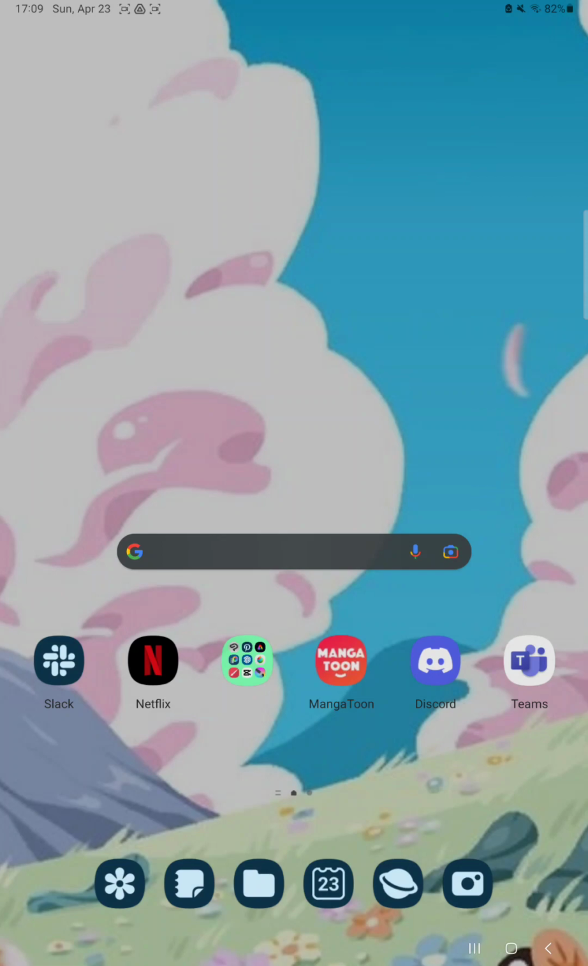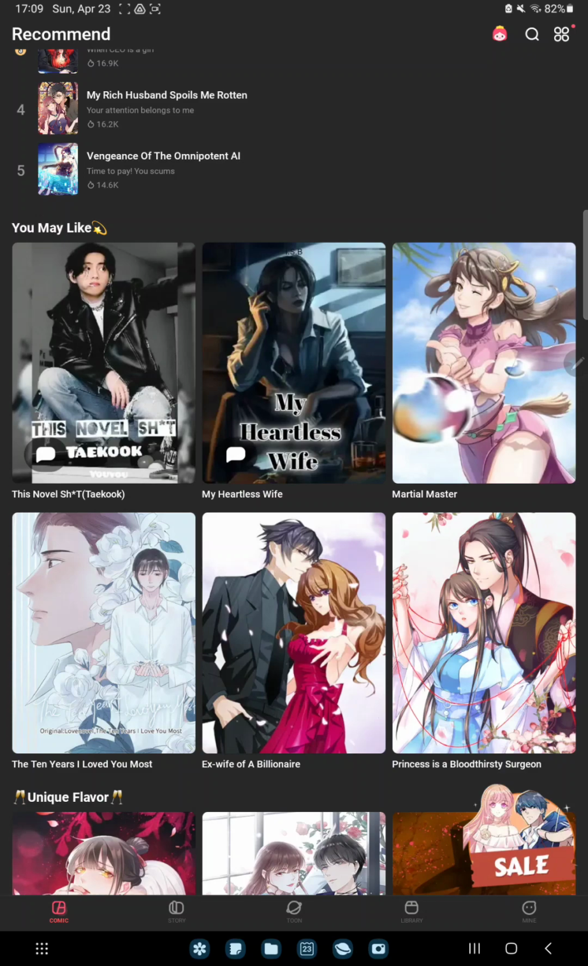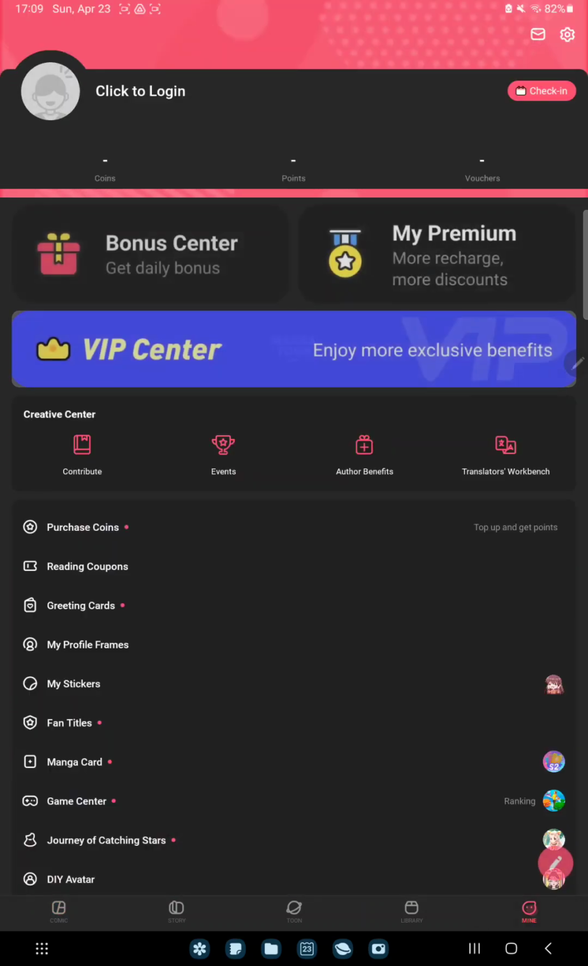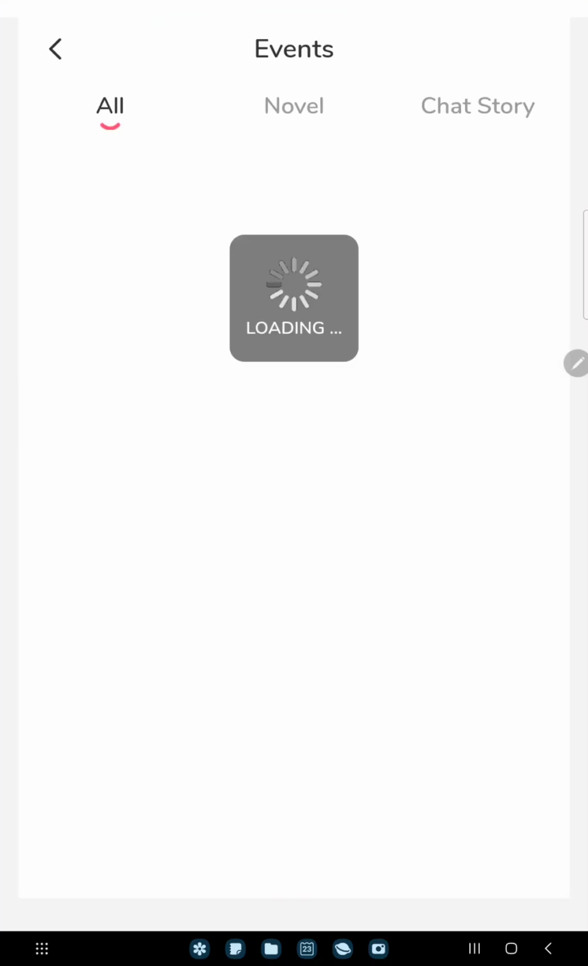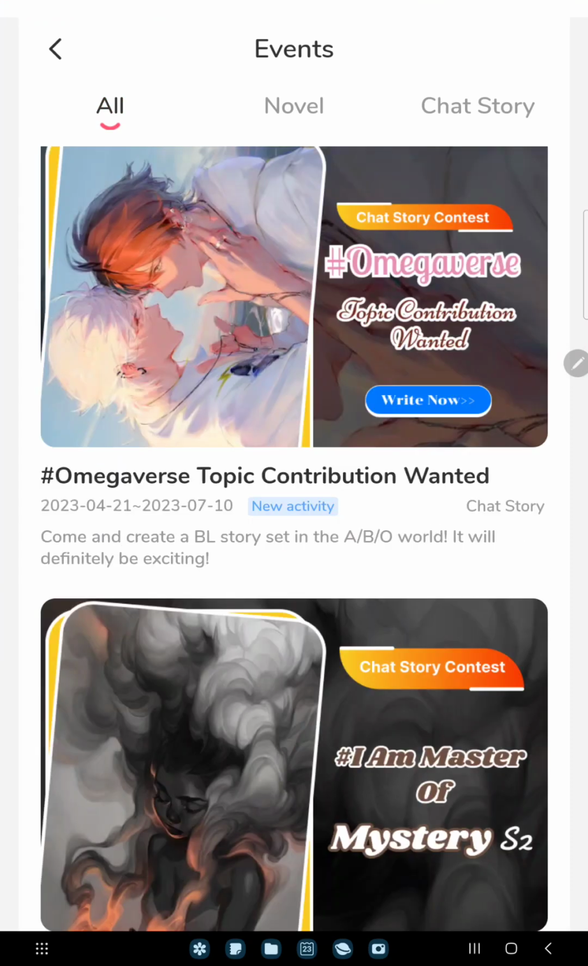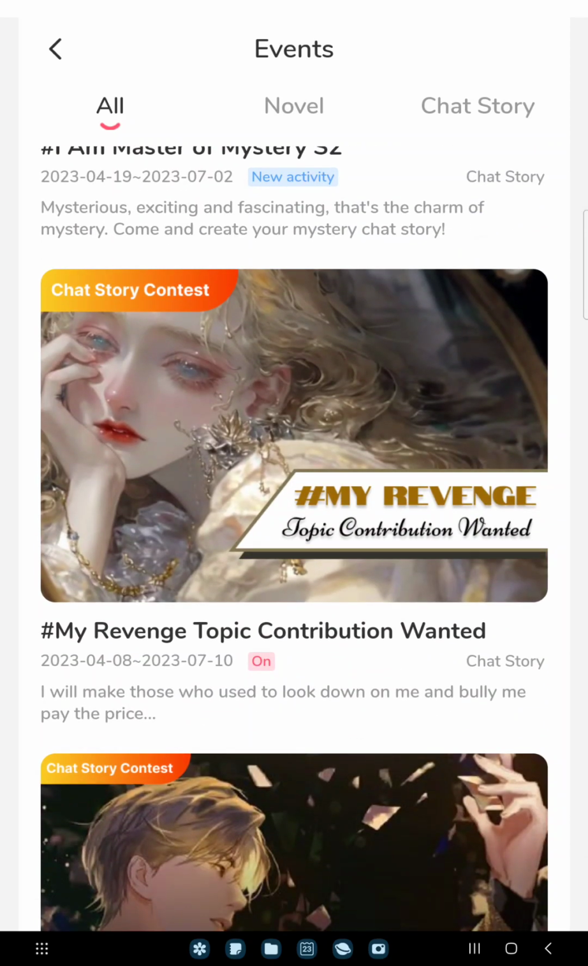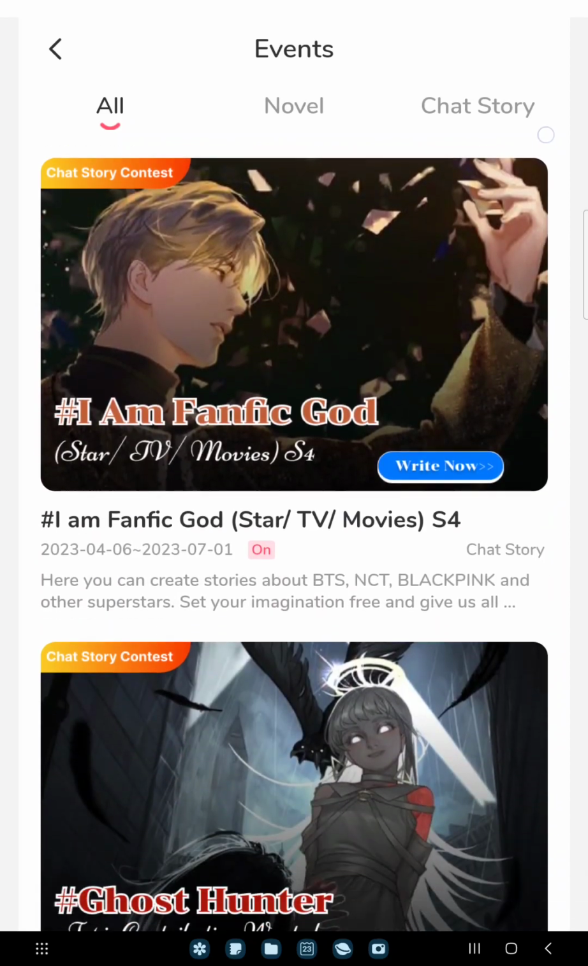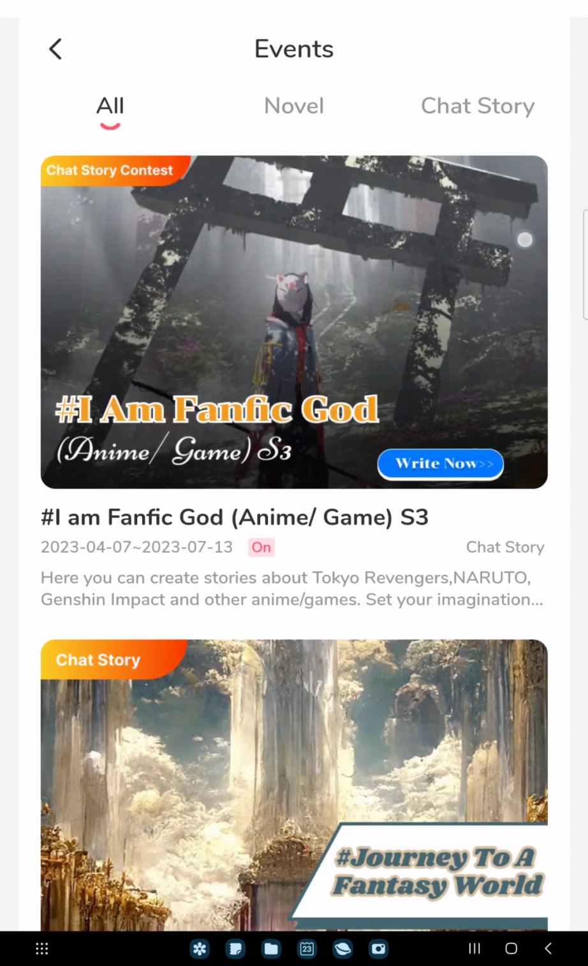So let's jump into it. First of all, open the application on your device. Go to the Mine section on the lower right corner of the screen, and here go to the Events button next to the Contribute icon on the Creative Center section, and here you can find different events. For example, my revenge topic, contribution wanted, fanfic guide, and